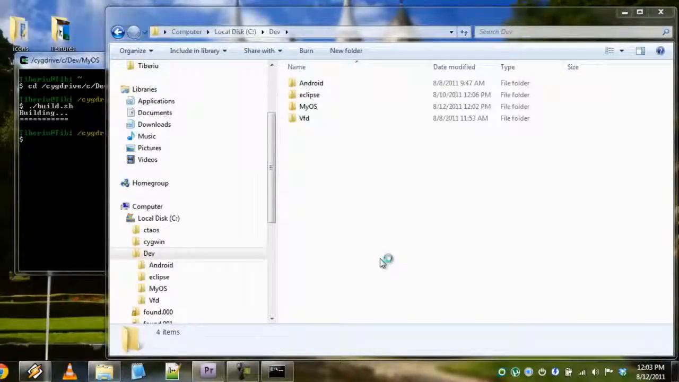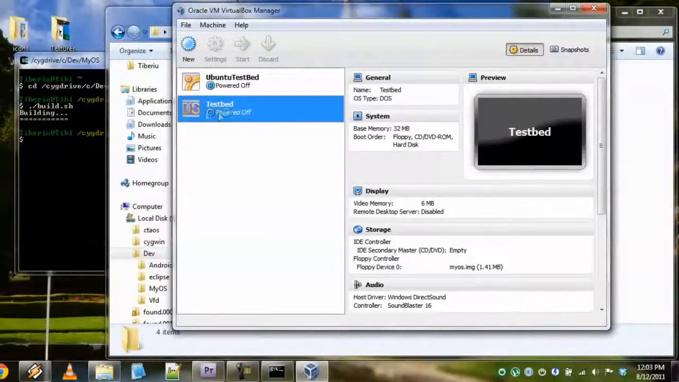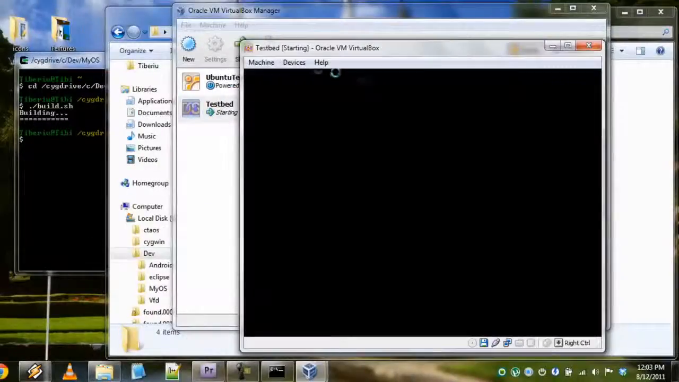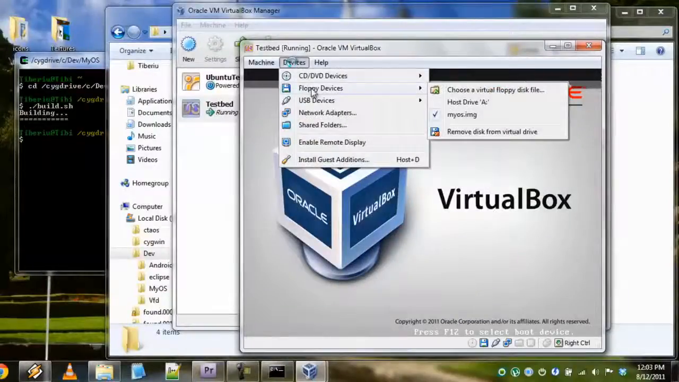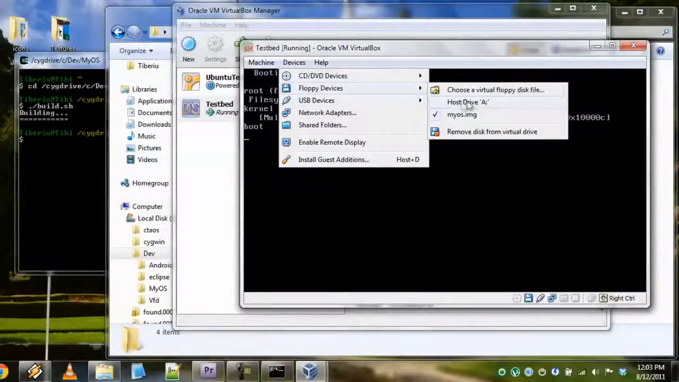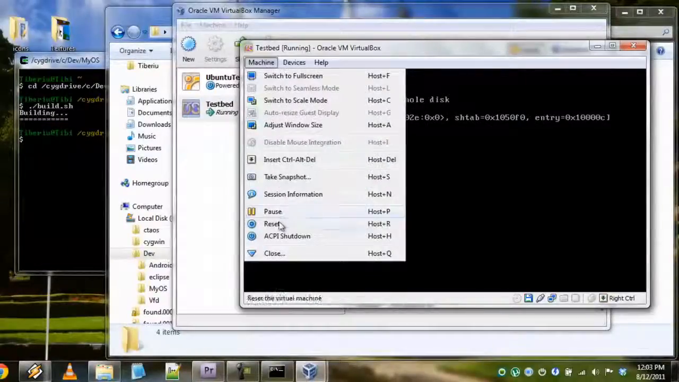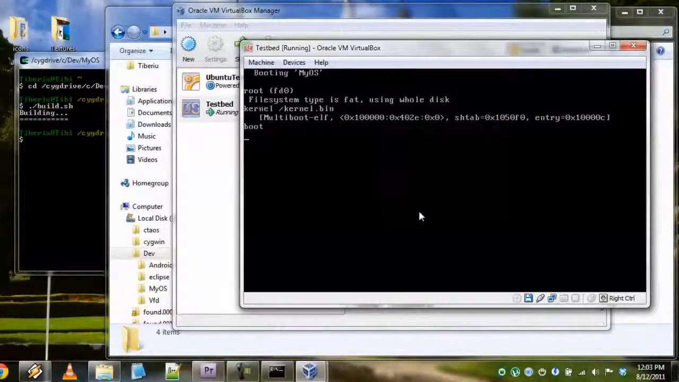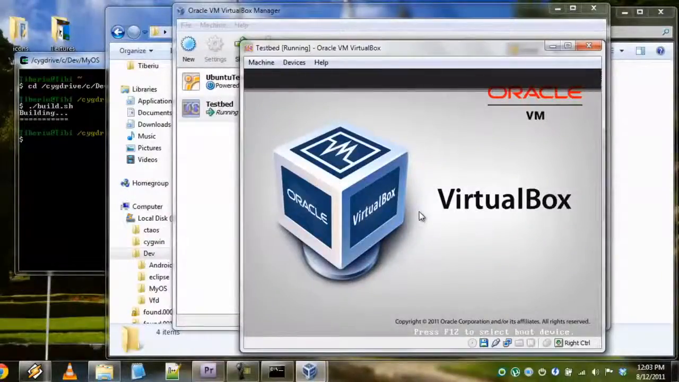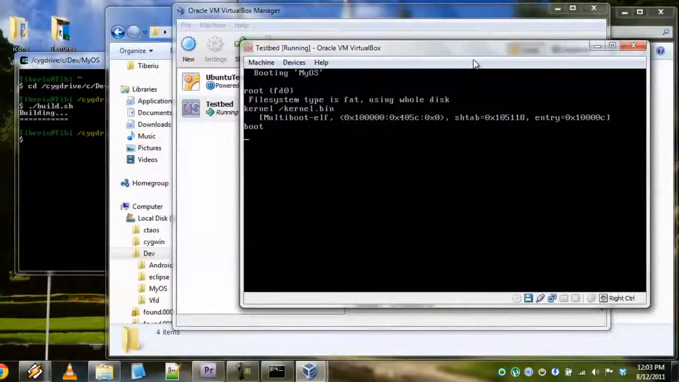Going to open VirtualBox. Okay, and now launch testbed. And in devices, floppy devices, choose the host drive A. And now you can restart this virtual machine. It works. That's what